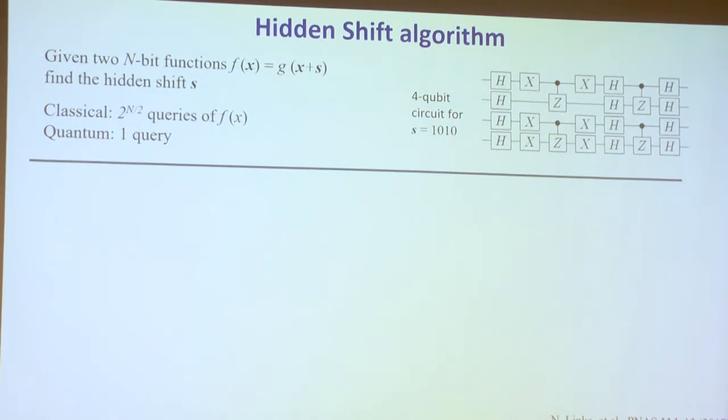What about this algorithm? This is a different oracle called the hidden shift. I won't get into the details, but it's a 4-qubit algorithm, and it's much more complicated. Instead of finding that hidden string, you're finding the shift between 2 identical functions. The same function just with an unknown shift. Classically, it takes exponentially many trials to find out what that shift is. Quantum mechanically, just once. The function is nonlinear, and programming a particular shift requires lots of connectivity.